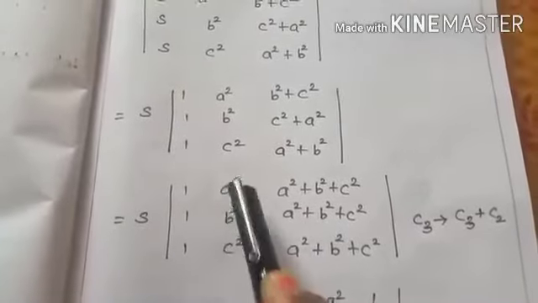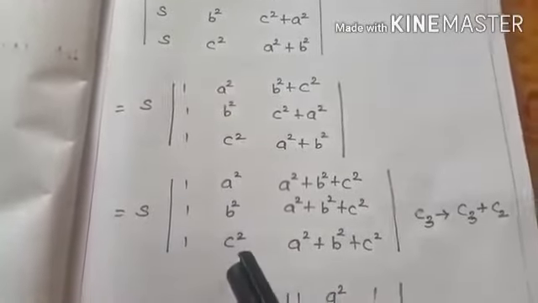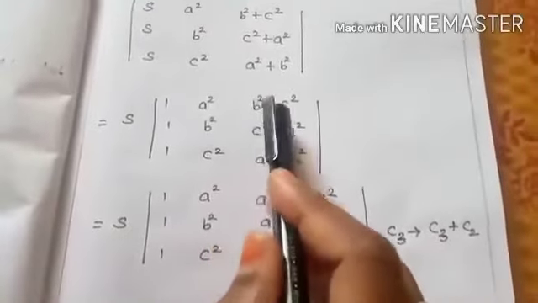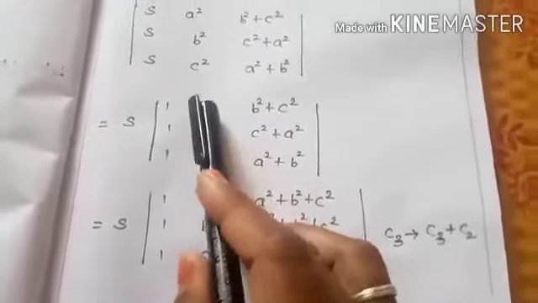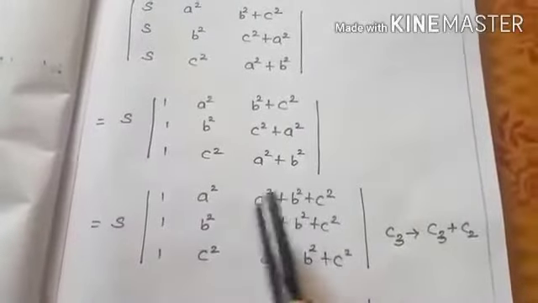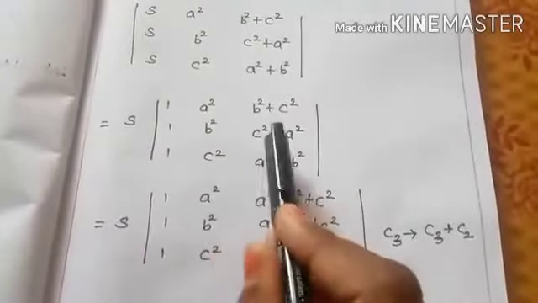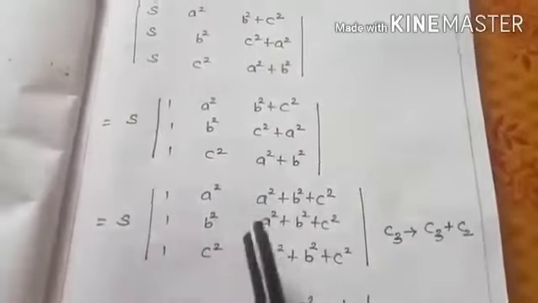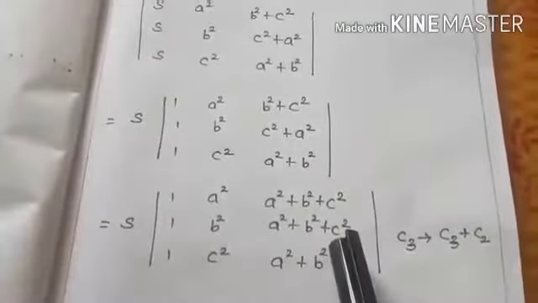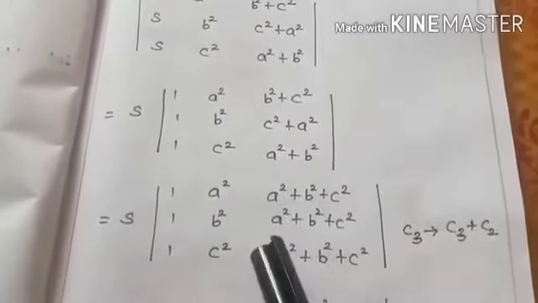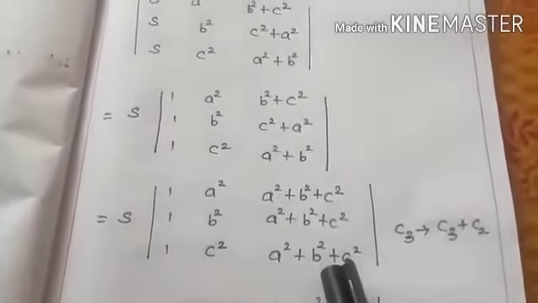The second column a squared, b squared, c squared as it is. Third column b squared plus c squared plus a squared. So we write in the order: a squared plus b squared plus c squared. Next, c squared plus a squared plus b squared, that is a squared plus b squared plus c squared. Next, a squared plus b squared plus c squared, which is equal to